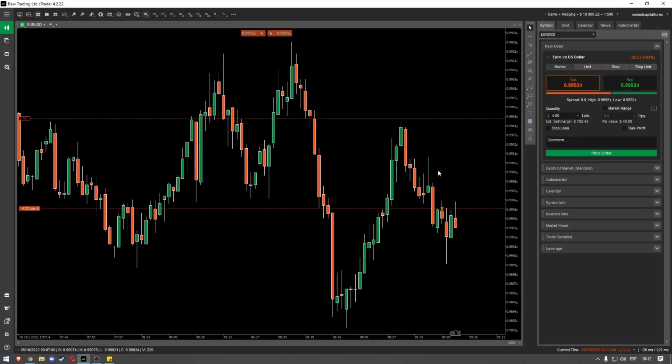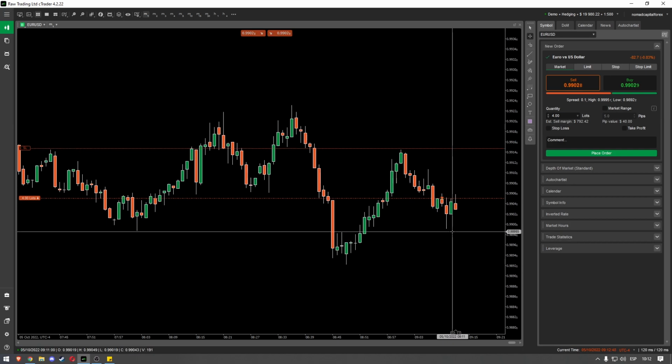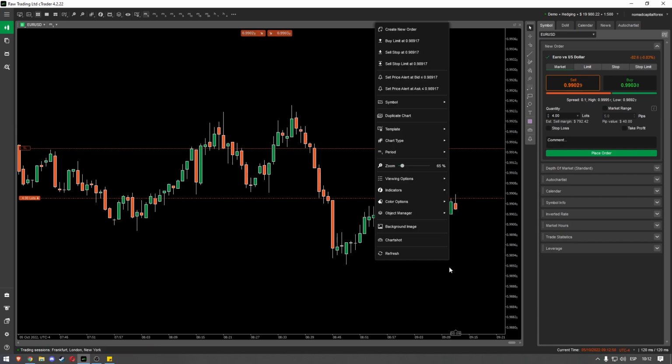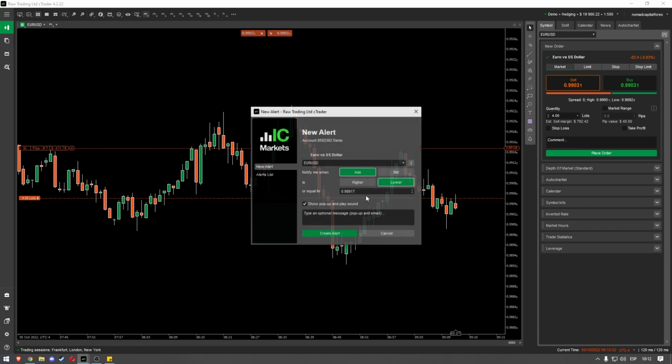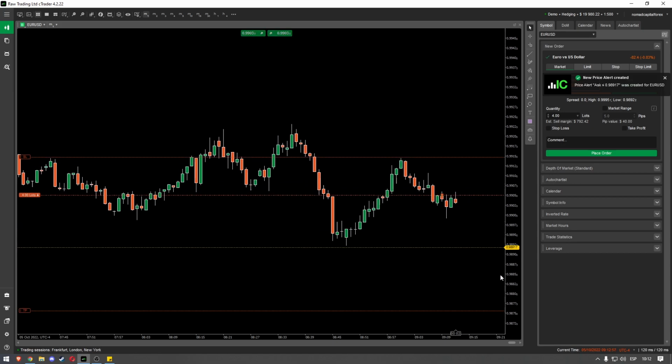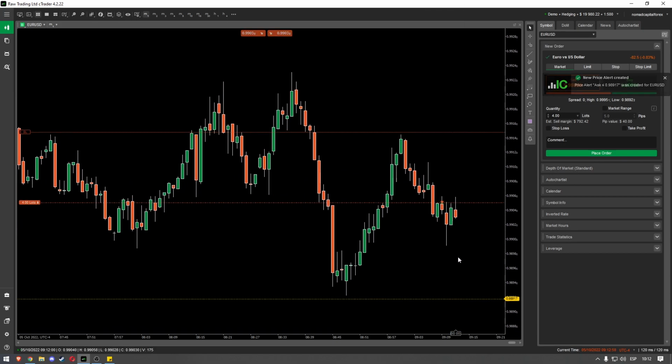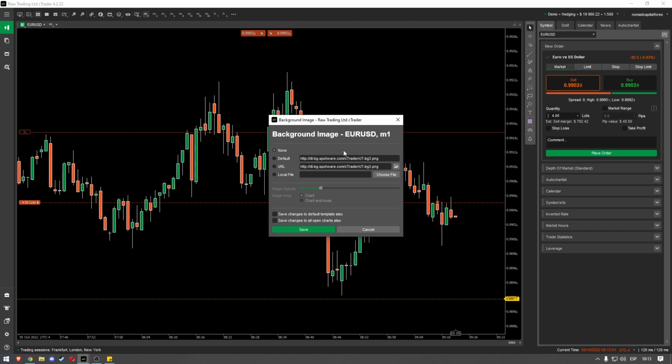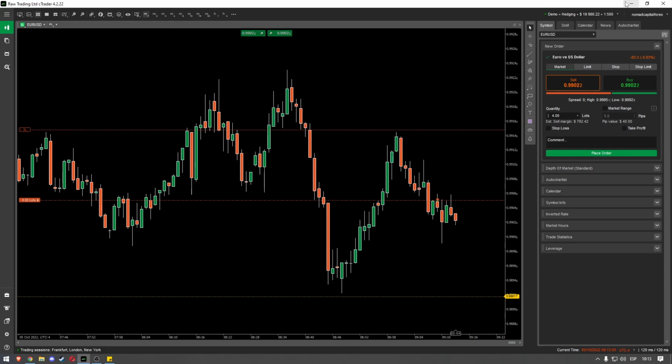So let me set up the alerts. Actually, ICT Trader tells me if my stop loss is hit. So let's just set this one. Price alert, ask, I don't know the difference, I don't care. At that point, I'm probably moving my stop loss to half a list, and then we'll see. I can change the background image, really interesting. Cool, that's all for now. We'll see if the trade works out or not.